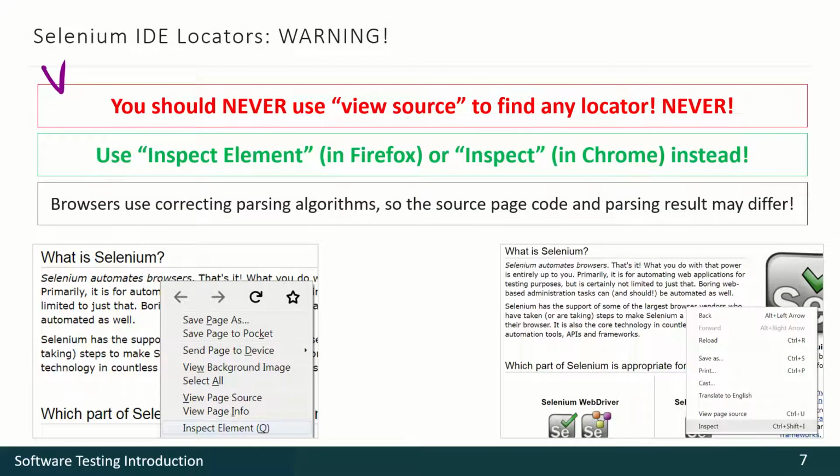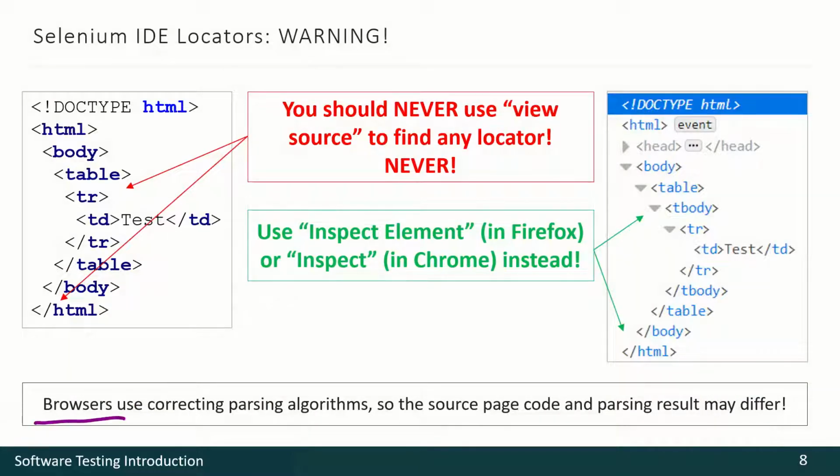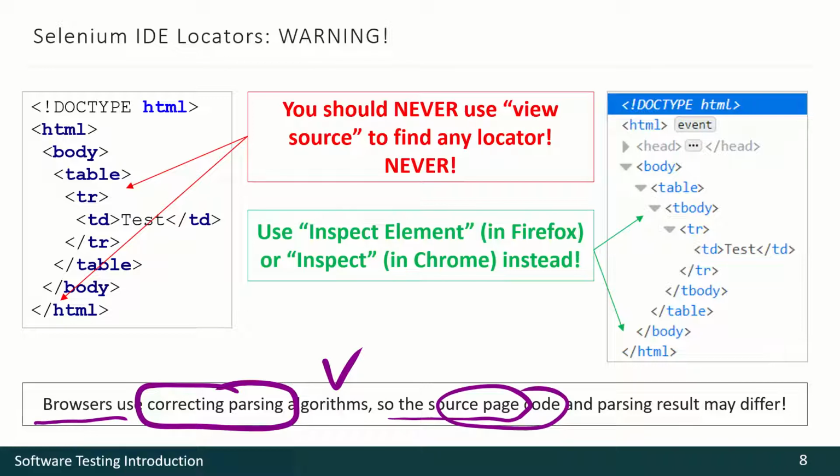You should never use view source to find any locator. Never. You should always use inspect element or inspect, depending on whether you use Firefox or Chrome. Here it is on the screenshots, because browsers use special correcting and parsing algorithms, and the source page code and the parsing result may differ. Here's the example.